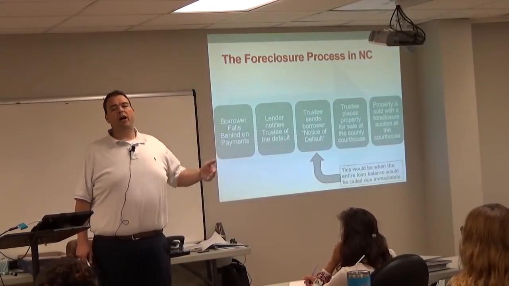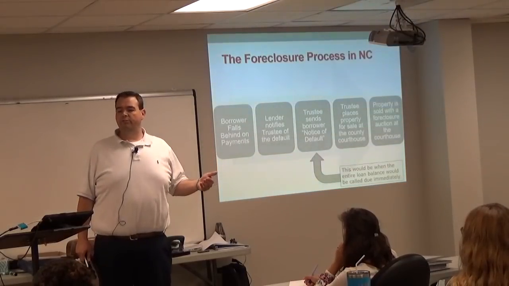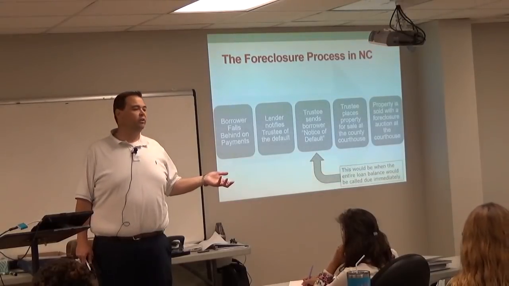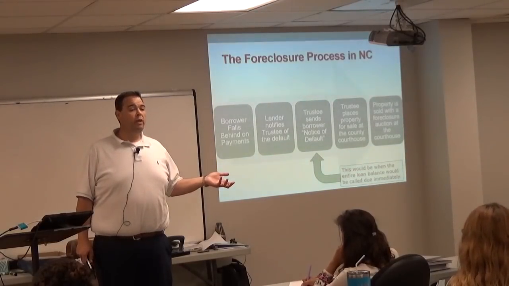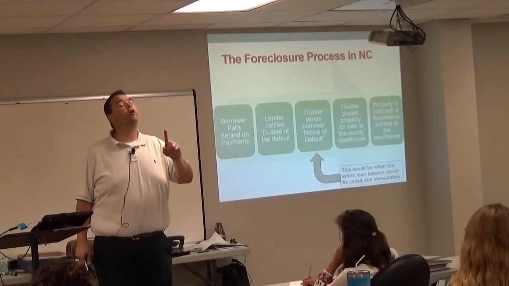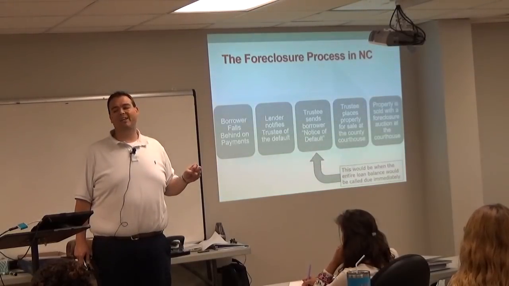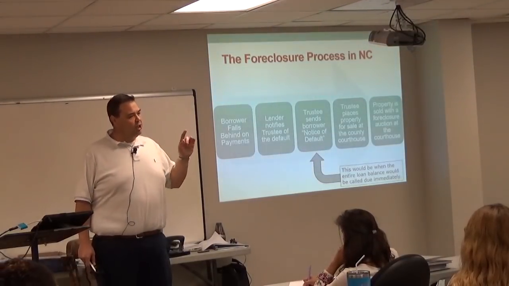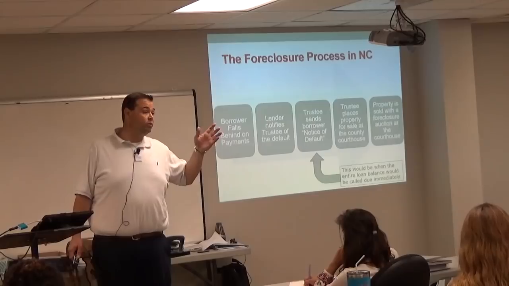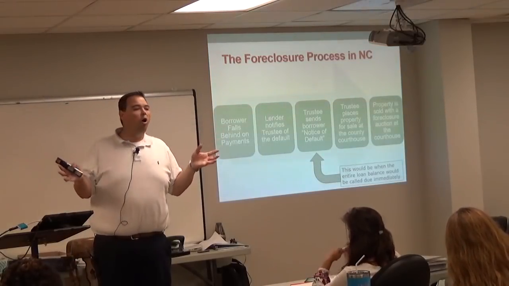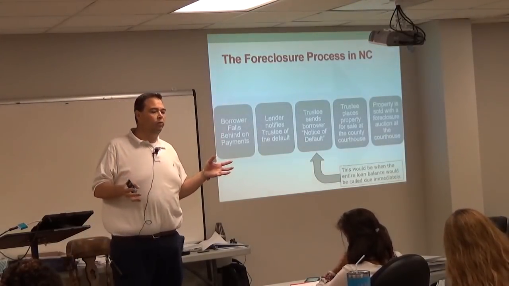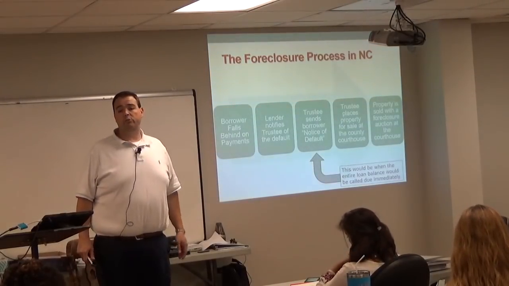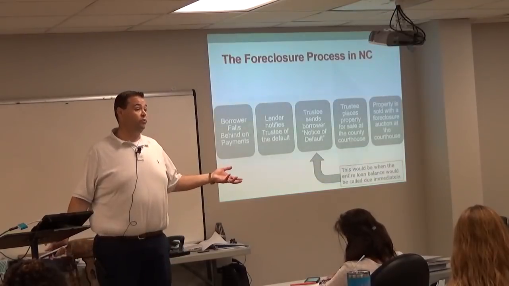Just like any other contract, where do you need to look if you want to define what a default is? In the contract. What do we call the contract for a loan? The promissory note is the contract. The note, sometimes we just call it the note, is what's going to outline all the terms of that loan. So if you wanted to know what a default was for somebody's loan, the first thing you would say is, well, let me see your promissory note. Does that make sense for everybody?